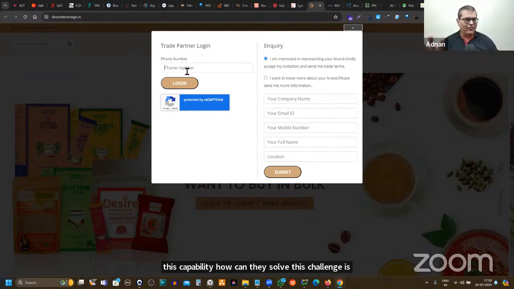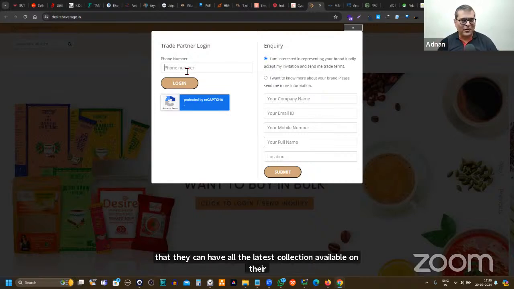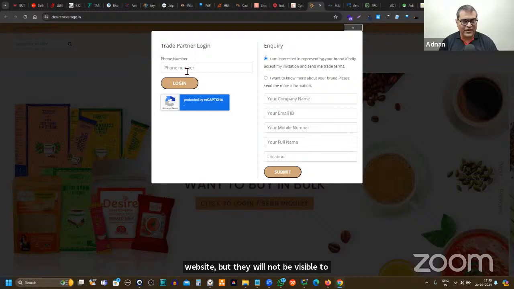They can have all the latest collection available on their website, but it will not be visible to the general public or anyone who is visiting their website. It will only be visible to the people whom they have granted the access, right? So